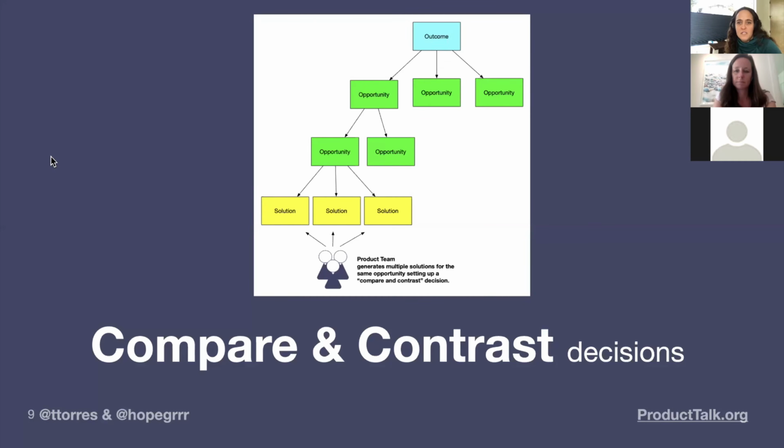So we have feature A that we love, that we think is a great idea. What else might we do? So you get feature B and feature C. And then you can do that at the opportunity level too. If you talk to a customer and they tell you about a new problem or a pain point and you're really motivated to solve it, take a minute and just say, what else are we hearing from customers? How do we compare and contrast? Should this really be the thing we work on next?